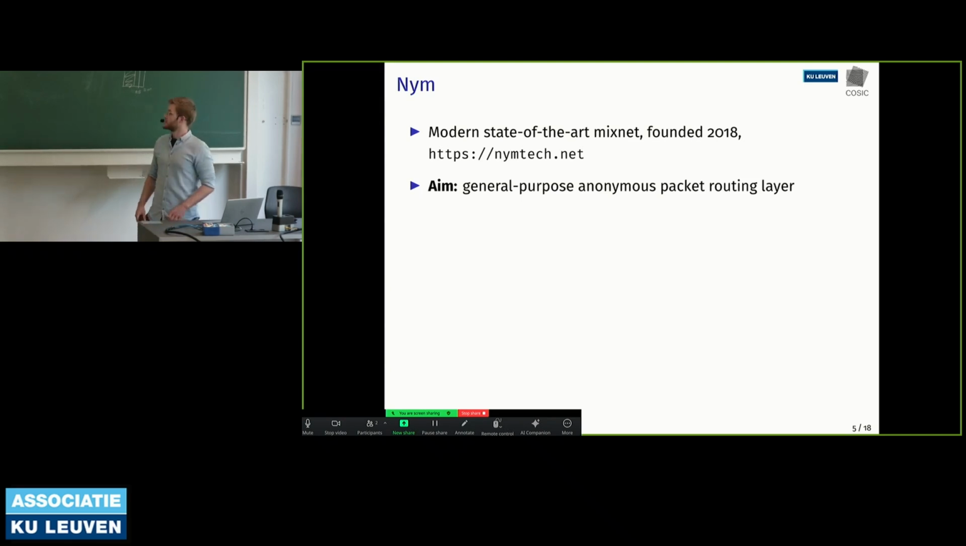The team gathered in 2018, but by now, of course, they're more advanced in what they offer, right? The aim of NIM is to propose a general purpose anonymous packet routing layer for internet packets, right? So this is quite a high aim, quite a high goal, which also indicates that you might not be able to delay packets for an hour, because that will destroy many of the relevant flows that you want to protect, right? Like, it's not useful if your web browsing session, each packet is delayed by an hour,